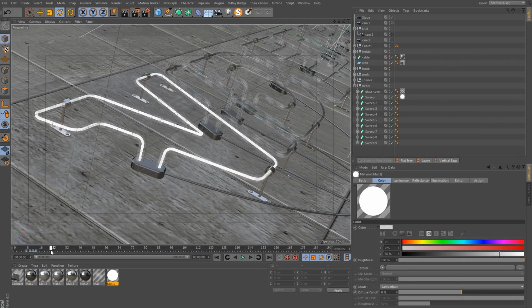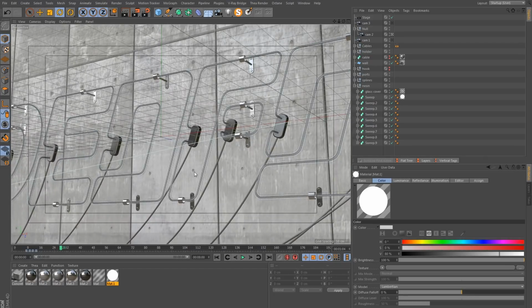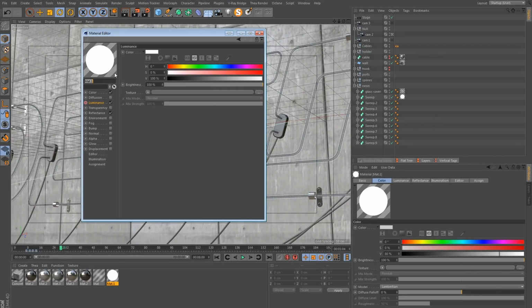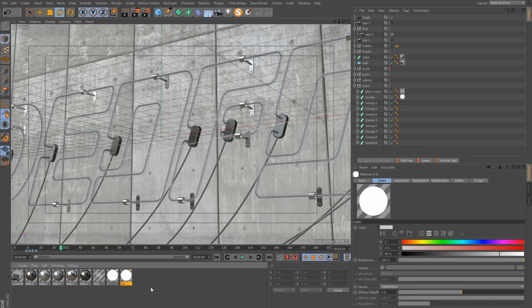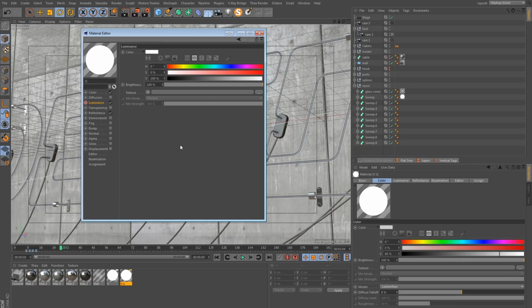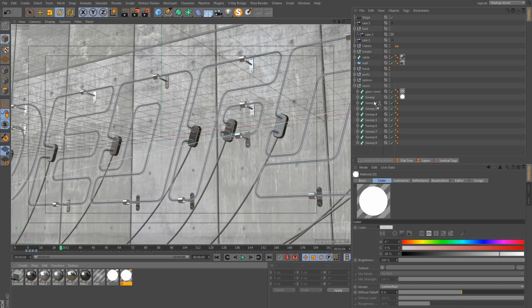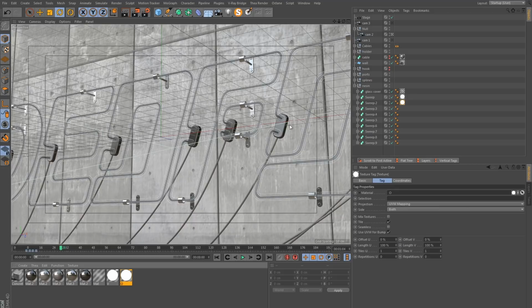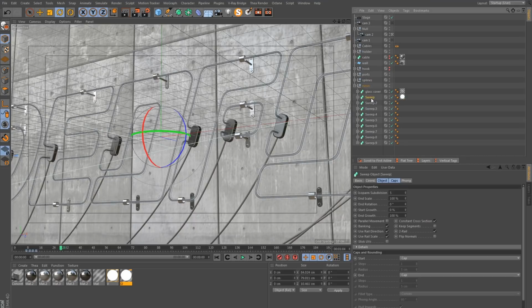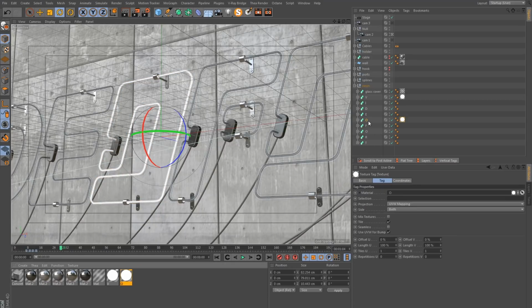So we need to copy this over to these other letters. The way I did this was just creating a separate material for each letter. So the next one I want to turn on is the O. So let's do that and apply that to the O, which is kind of hidden. It might be a good idea to label these too. So it's this one here. Let's apply that to there.